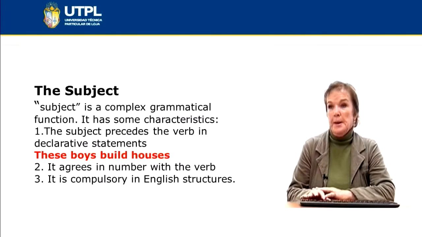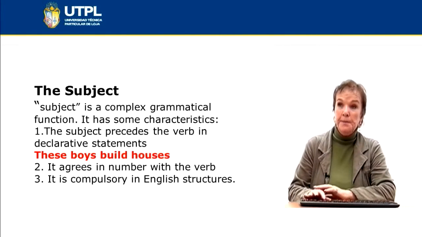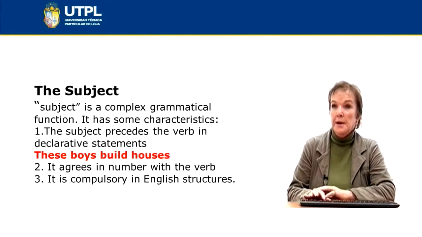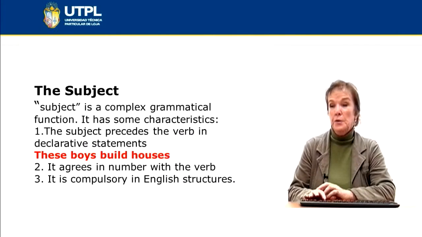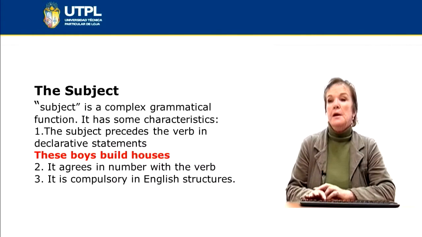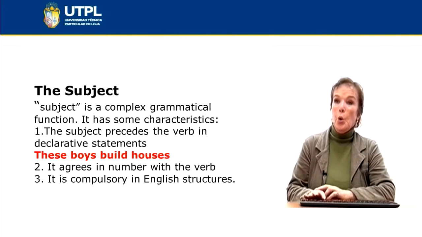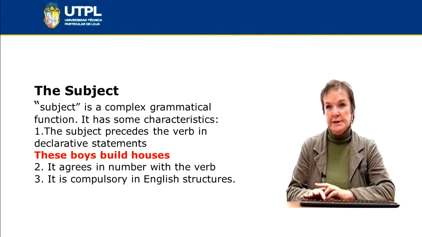These boys build houses. These boys is the subject because it is to the left of the main verb, which is build. A second characteristic is that the subject agrees in number with the verb. For example, we say, he listens to music, or we listen to music. We have in both sentences